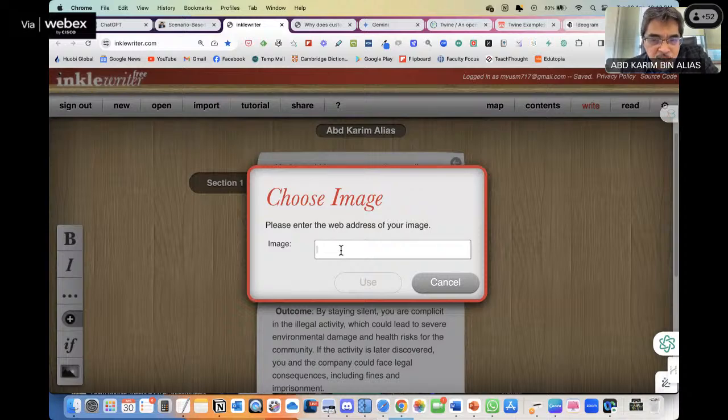But you cannot simply drag and drop. You have to put your image somewhere so that you can get the link. That link must end with .png or .jpg. Let me show you an example.